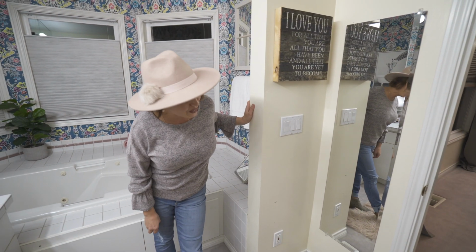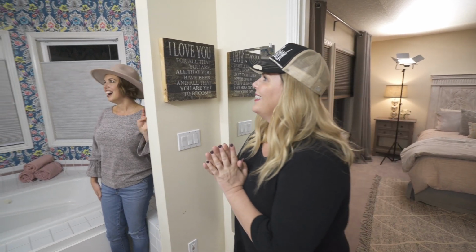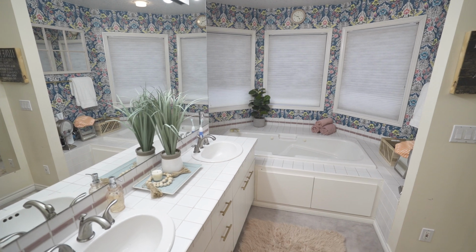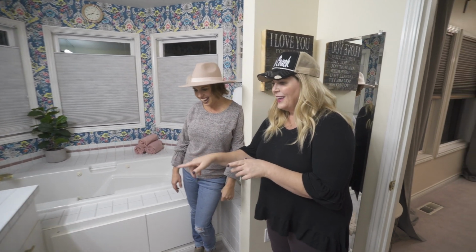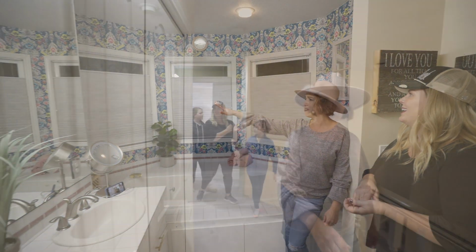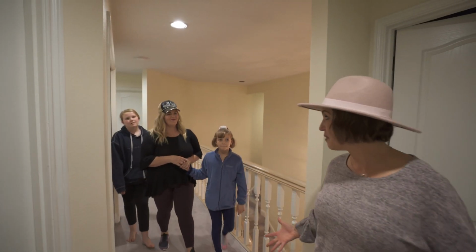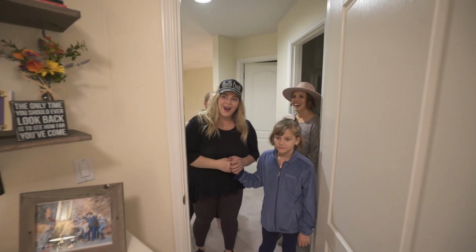Come check out your bathroom. My bathroom. Oh my gosh, I love the color. I never thought that this bathroom could look like this. You brought up the mauve. Yes. And the handles. Yes, I love it so much. It's like really pretty now. It's so pretty. And I love this. So before you said the office was somewhere that you didn't really want to spend time because it wasn't very exciting. Yes. So